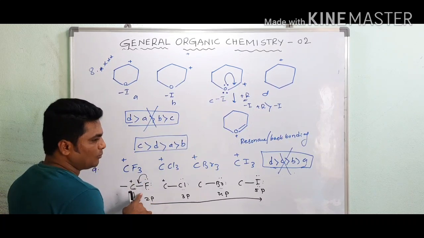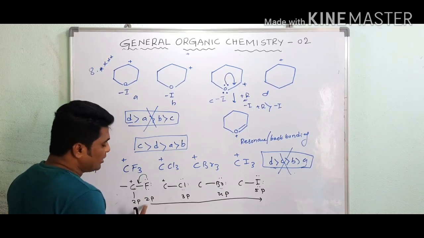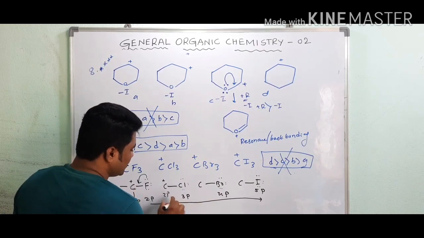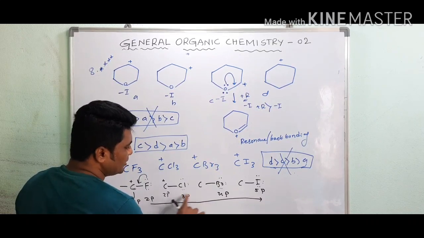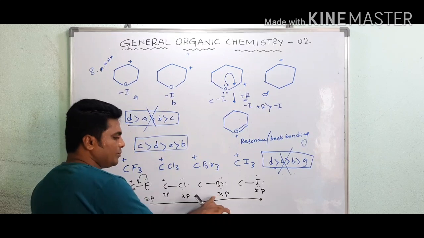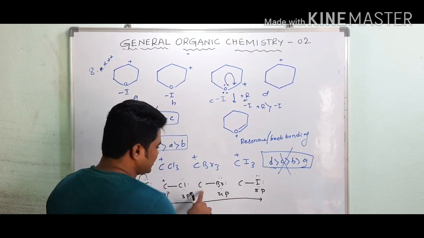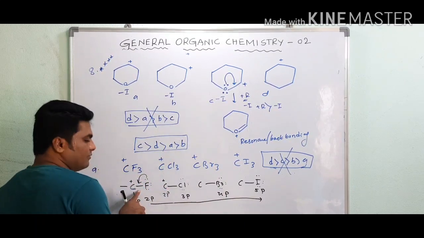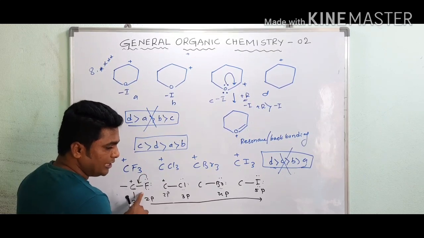So this is called back bonding and resonance. And here back bonding dominates the inductive effect. Now we will not see the inductive effect, only resonance. But in this case, see, this is a 3p, this is 2p. Here there is no maximum extent of overlapping. Here also there is a 4p, because the orbital size increases, there is less overlapping, here also less overlapping. So in these 3 we have to see only the inductive effect, but in this case we will see back bonding, that is resonance.